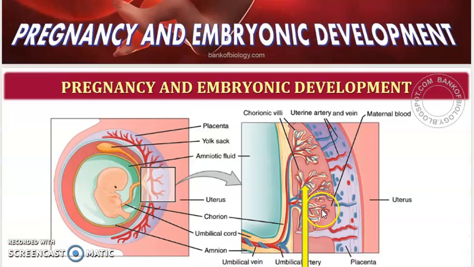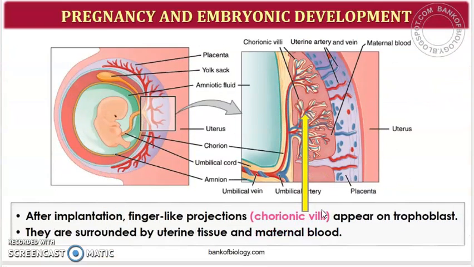Now this chorionic villi is surrounded by uterine tissue and the maternal blood. So it is formed in the trophoblast, and they are surrounded by the uterine tissue and the maternal blood. You can see it here. It is surrounded by the maternal blood and also by the uterine tissues. Okay, now this chorionic villi and the uterine tissue will become